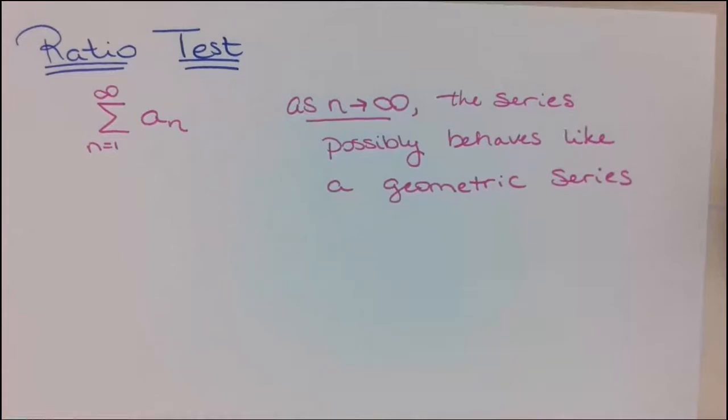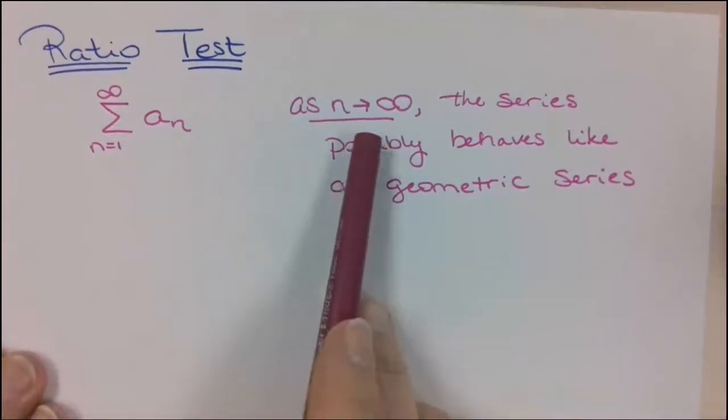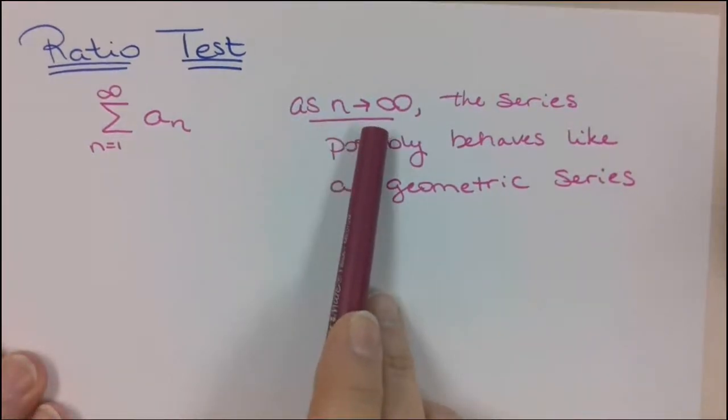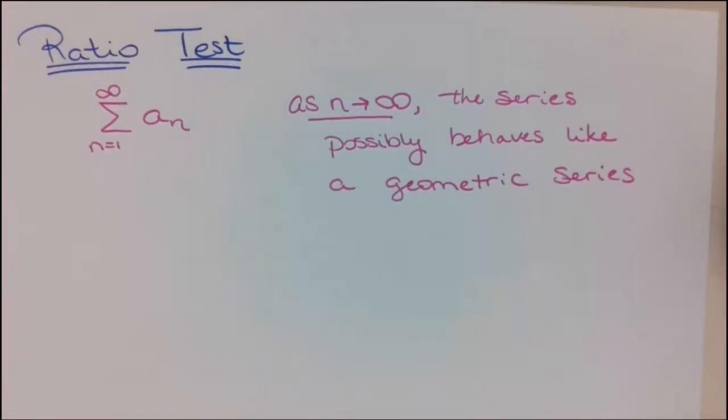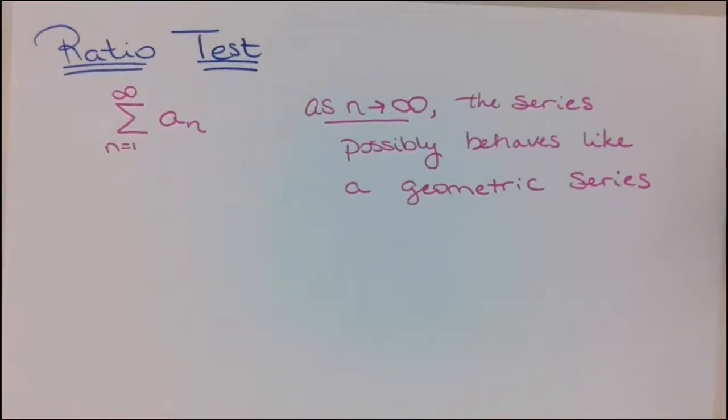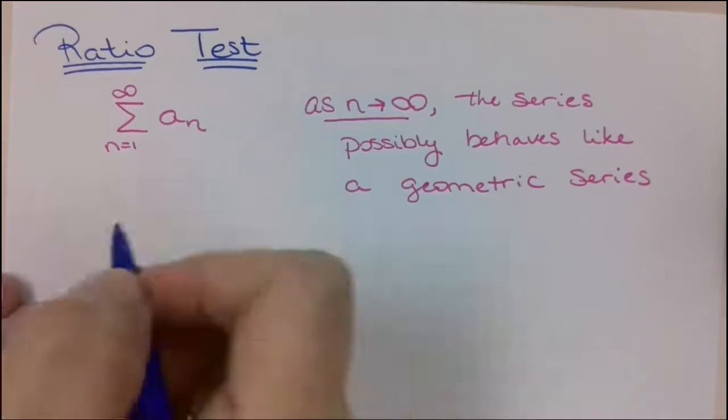Now, we're not saying that it is a geometric series, but that as n gets closer and closer to infinity, the terms start behaving like a geometric series does. So we can use what we already know about geometric series to determine if this particular series converges or diverges. So I want to start with a